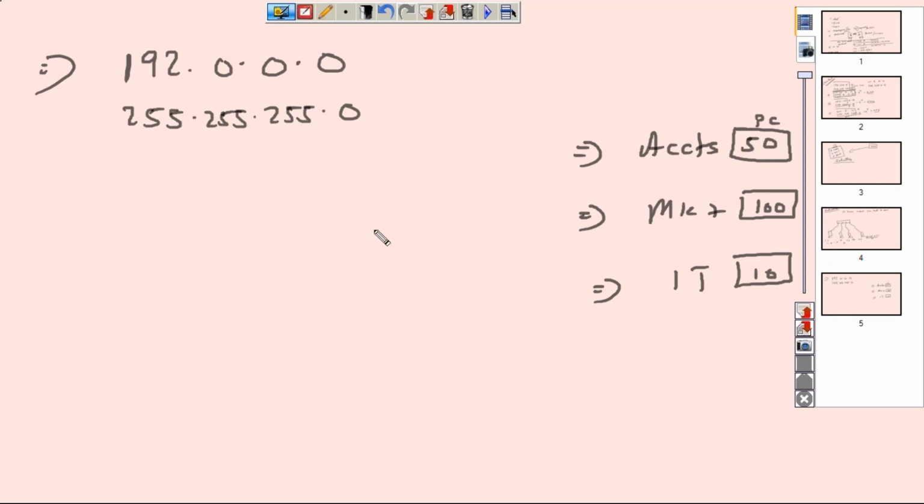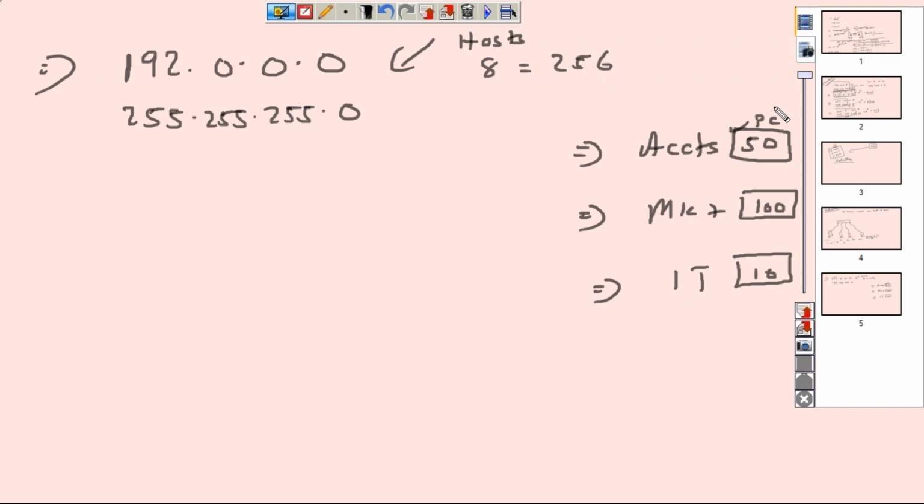See, the way to think about this is how many bits do I have in this network for hosts? That's the first question you need to ask yourself. Not 256, how many bits? We think bits now. 8 bits. And if you have 8 bits, how many machines does that give us, or how many IPs? 256. Exactly.